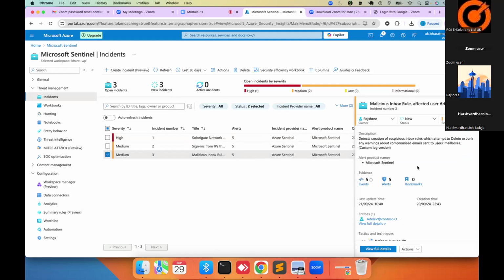I don't know why this Word document is not opening. Yeah, it opened. Okay, so